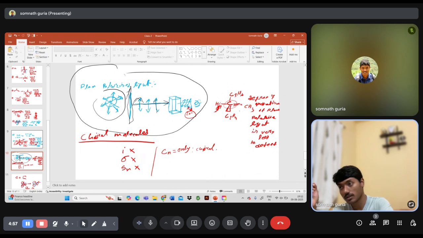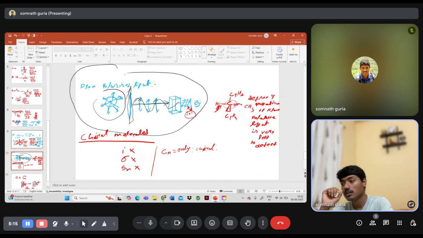This will be the maxima, and it goes on. Whenever it passes through chiral molecules,